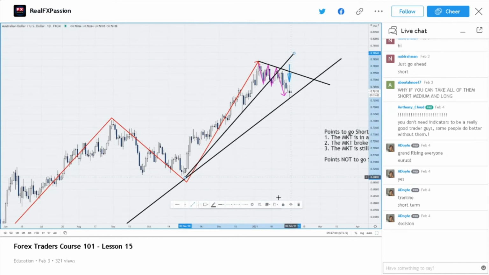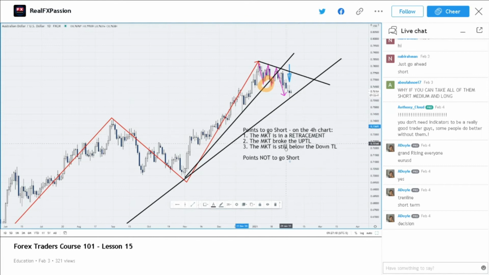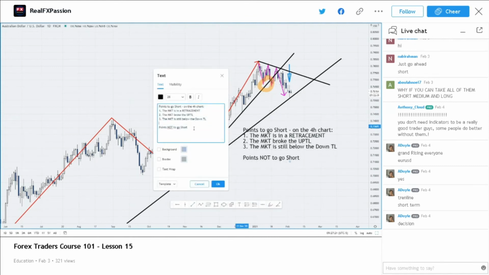So the market broke the trend line here, and the market is in a retracement. The market is still below the downtrend line, right? Now, what are the points not to go short? Well, number one,